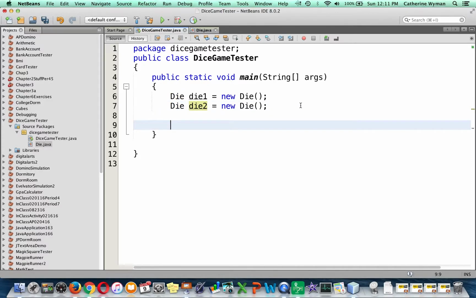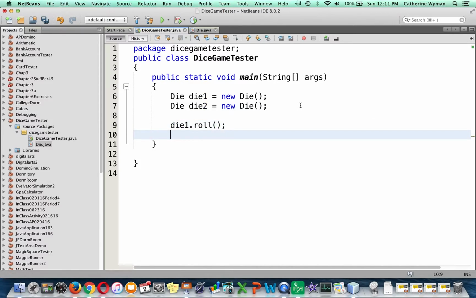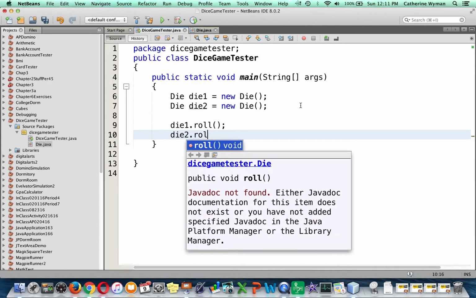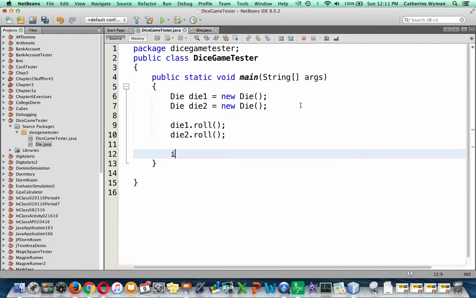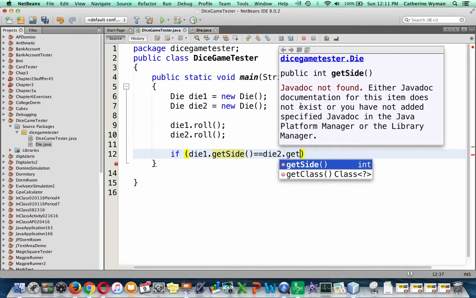Now, in this game, I want to roll both dice, die1.roll and die2.roll. And if I got doubles, I want to declare a winner. So if die1.getSide equals die2.getSide,